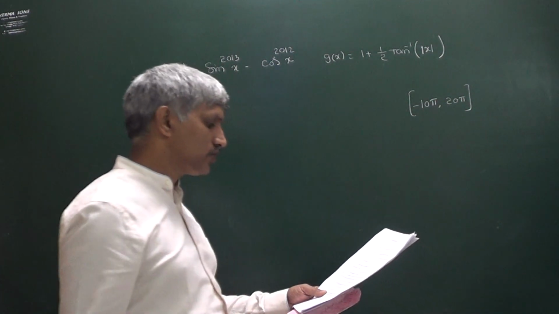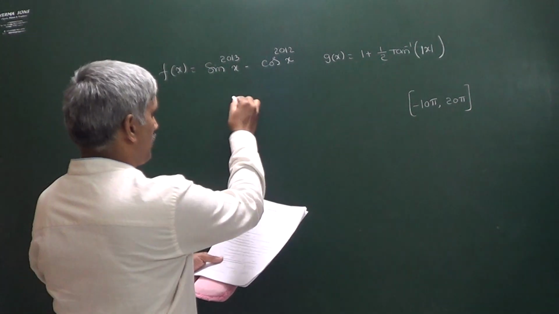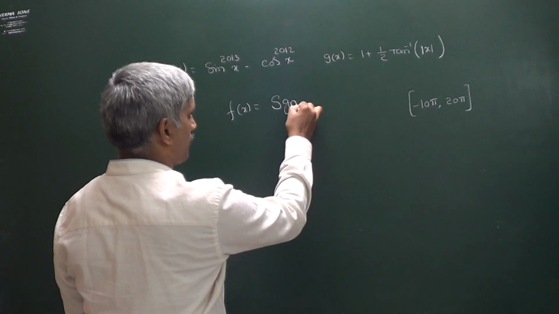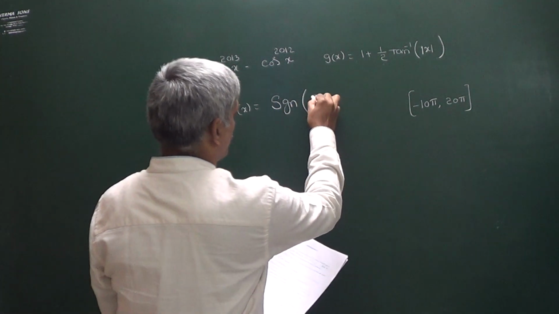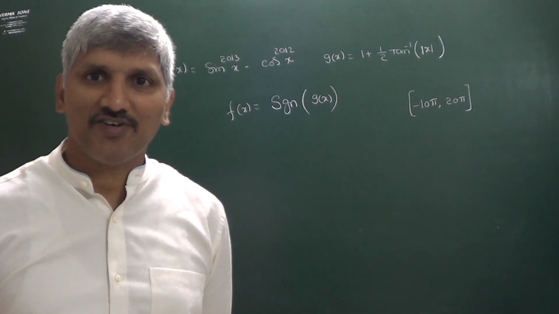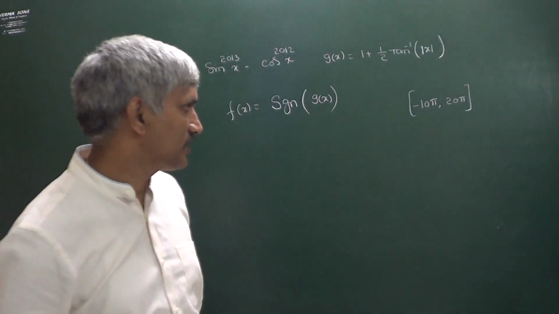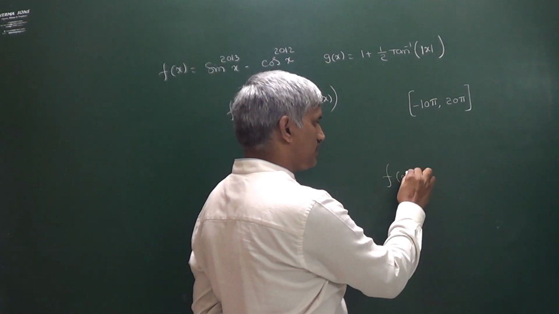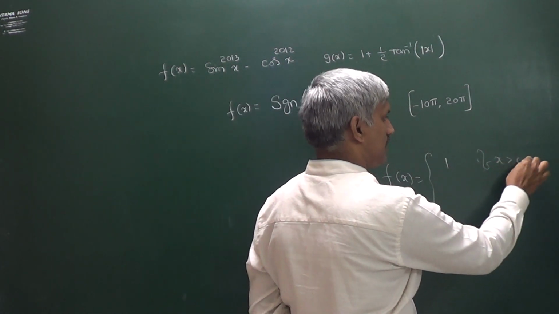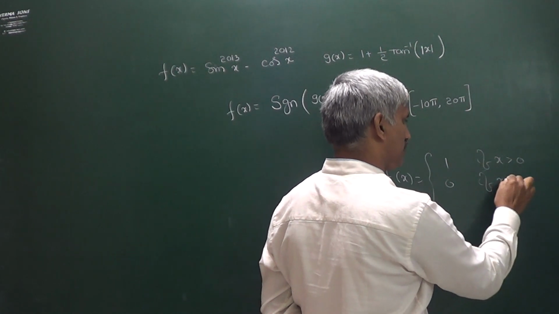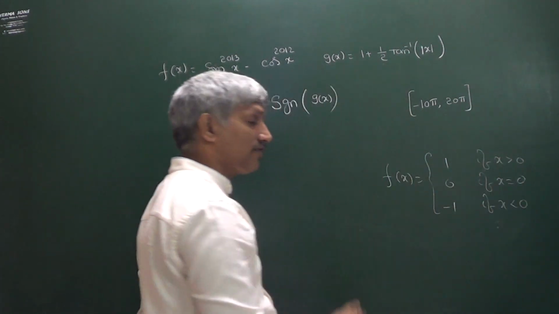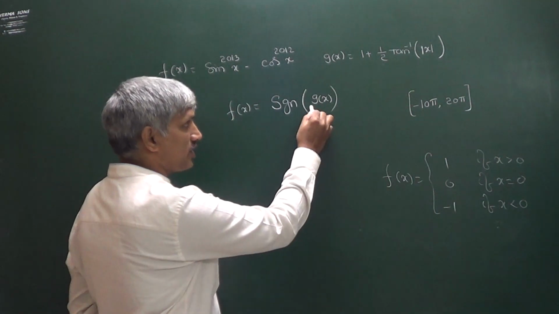How many x values are there such that f of x is equal to signum of g of x? First of all, for that you have to know the definition of a signum function. Signum function we can write as f of x equals 1 if x is greater than 0, equals 0 when x is equal to 0, and equals minus 1 when x is less than 0. That is the definition of signum function, and we got the information g of x is